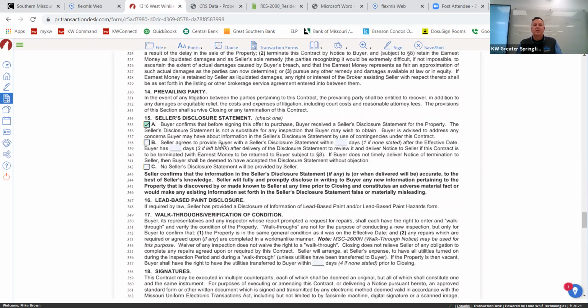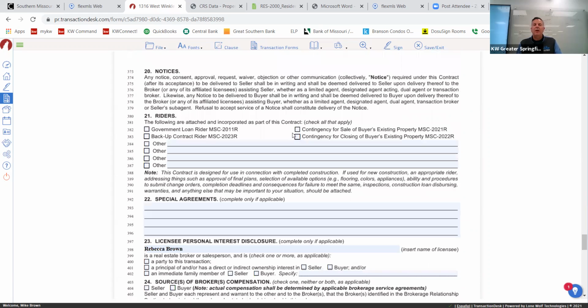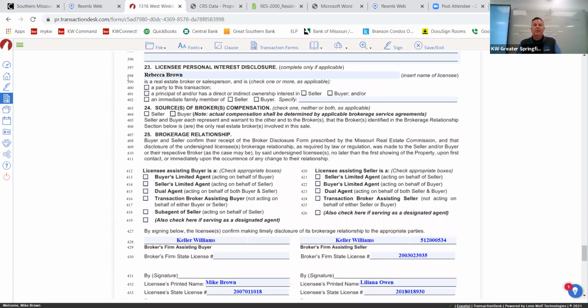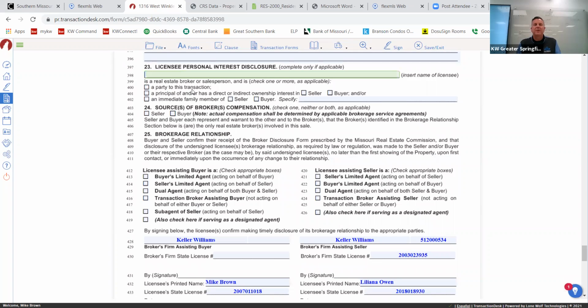You've already accepted the disclosures. All these are different contingencies we can add to it. I accidentally put my wife's name in there when I autofilled an address earlier. So